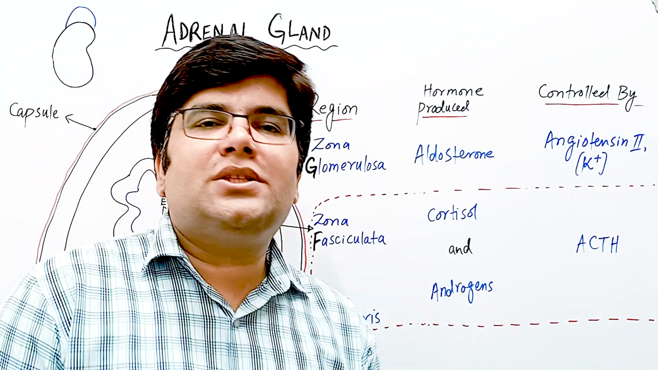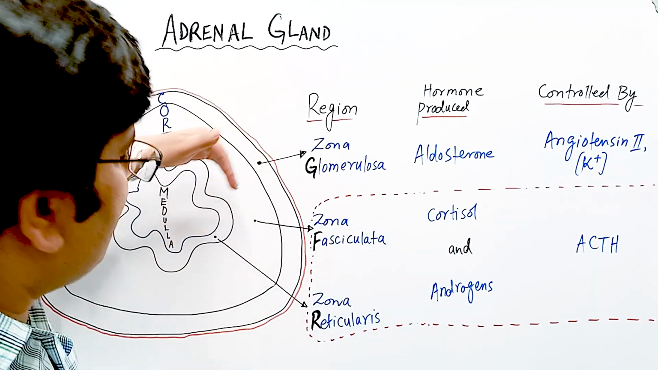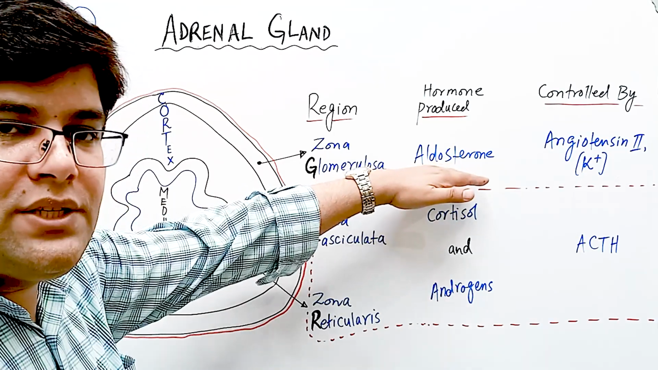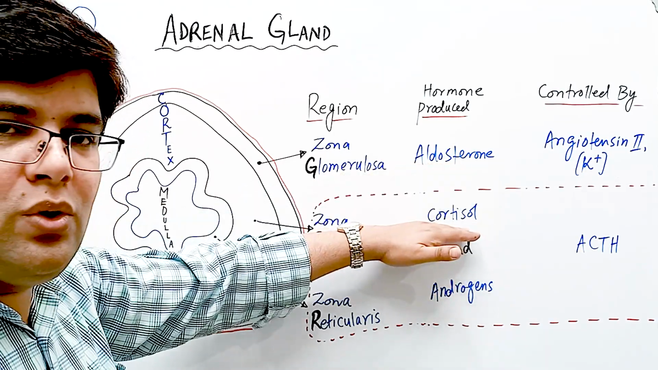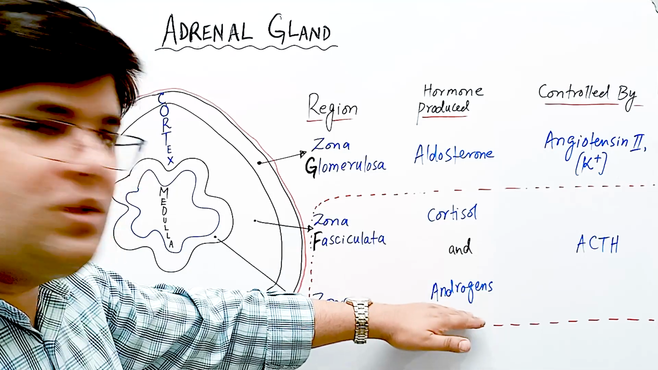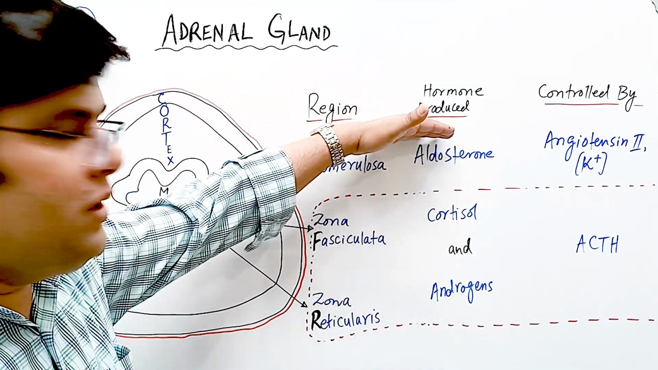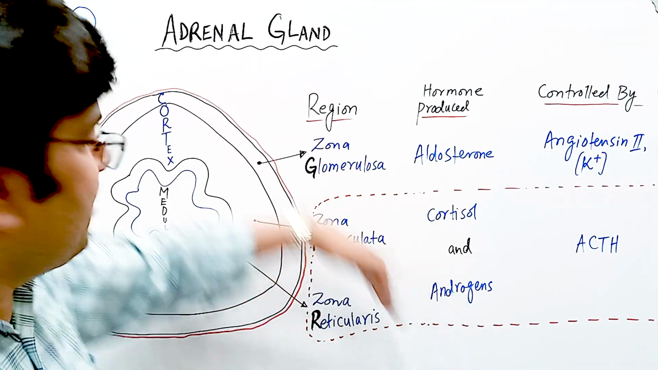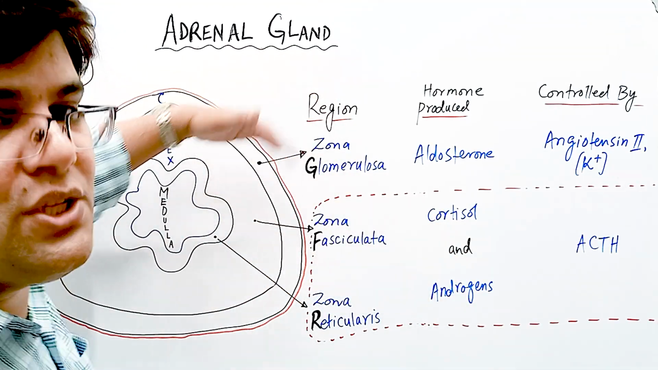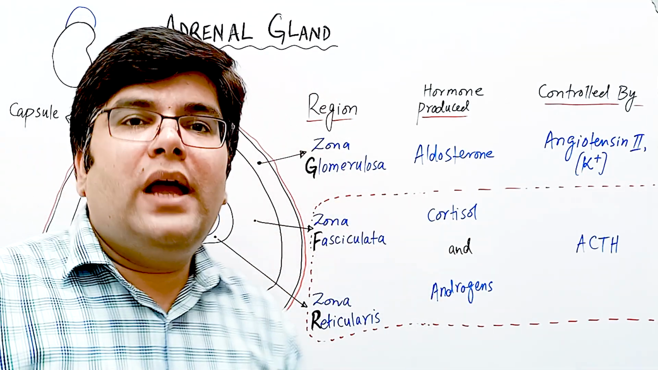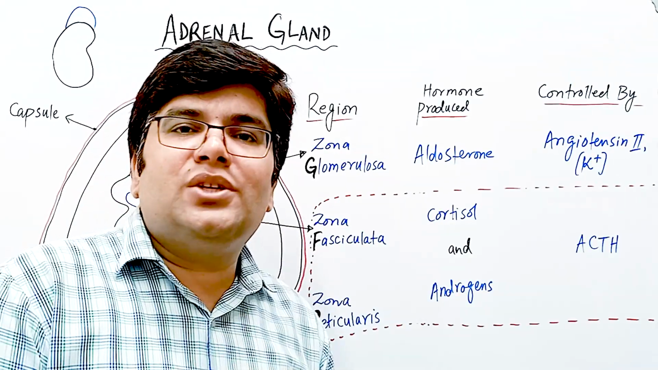So the main functions of these three zones of the adrenal cortex are to regulate salt, to regulate glucose level, and to control some sexual functions. So in this way we can write here: salt, sweet, sex. The deeper we go into the adrenal cortex, the sweeter it becomes,